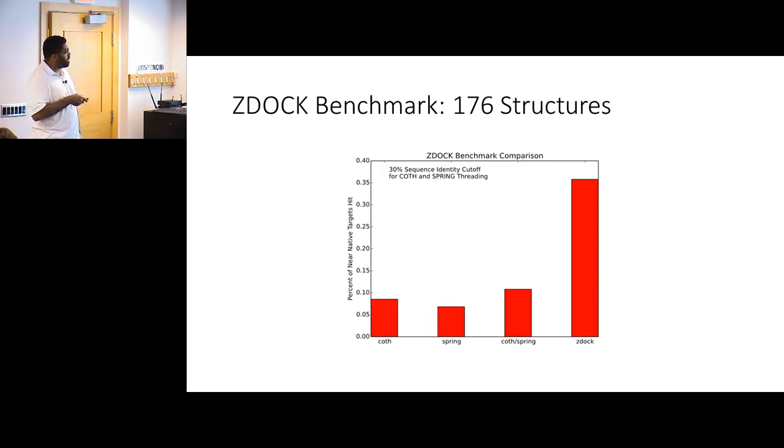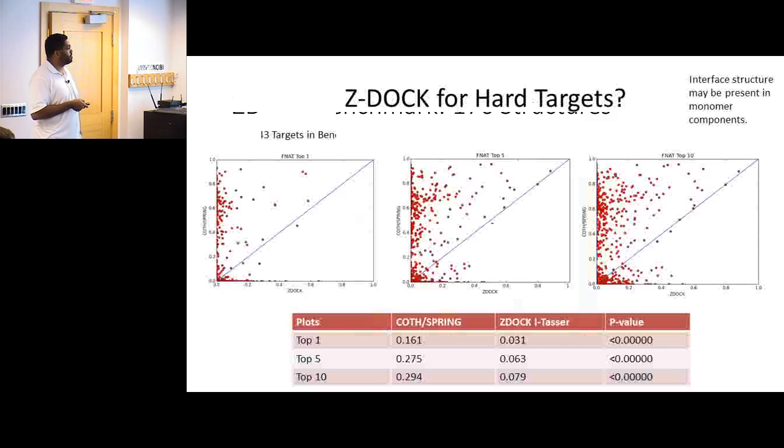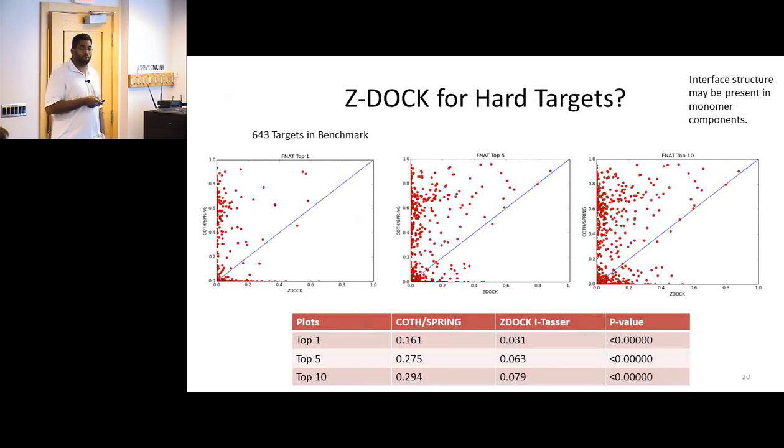ZDock has been working on this benchmark set forever, and I think it's pretty well known that it's kind of overtrained. So when we give it a set of homology models, we had 643 protein complexes where we generated medium to high resolution homology models, ZDock didn't do so well.